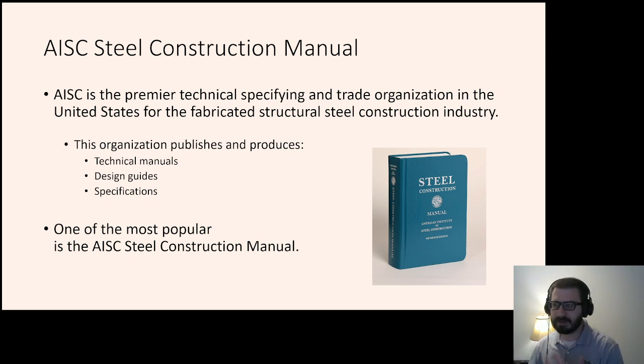When they published the next manual, they decided to just combine ASD and LRFD all into one manual, and they called that the 13th edition. And so the 13th edition, then the 14th edition, and now we're here with the 15th edition. Because really, the actual mechanics and code specifications for steel didn't really change between ASD and LRFD. All that changed were the load factors. So it was fairly straightforward to integrate all of that into a single manual, and that's what we're still using